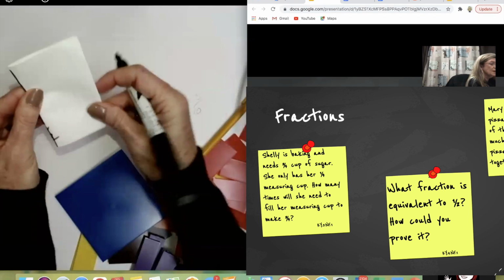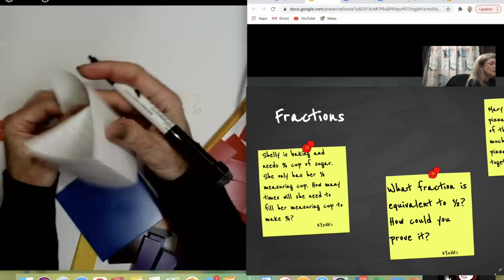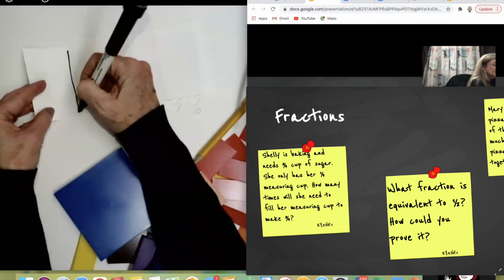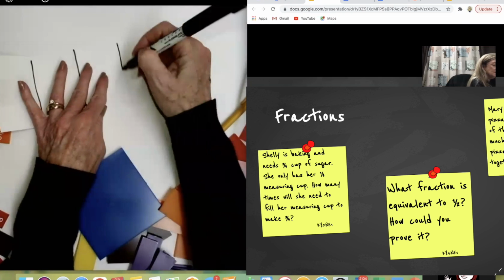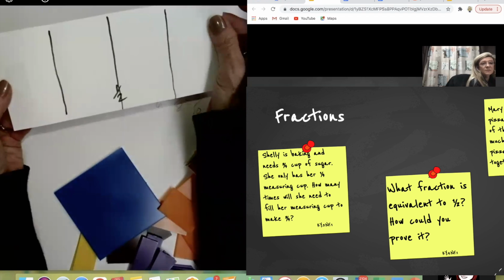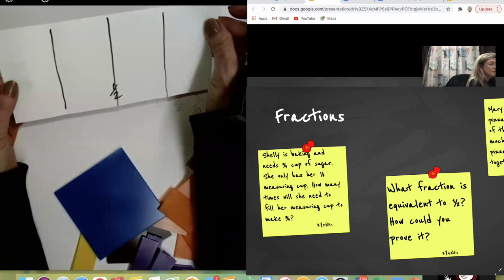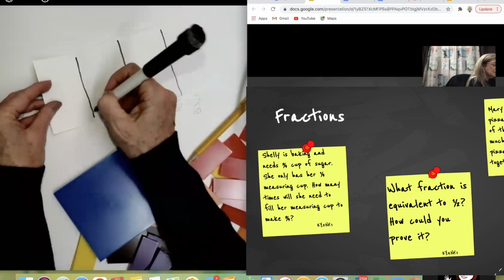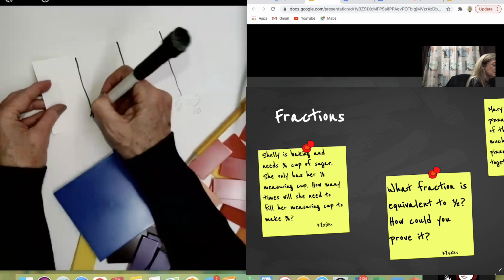Then I'm going to fold it back up and fold it again. The kids unfold it, and they draw on those lines, those creases, the folds they've made. And you see now it's divided into 4 equal parts. And again, it's important to talk about how fractions are equal parts. So this is 1/4.